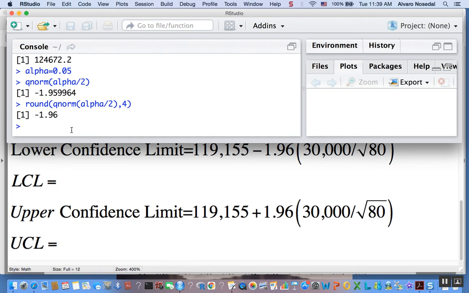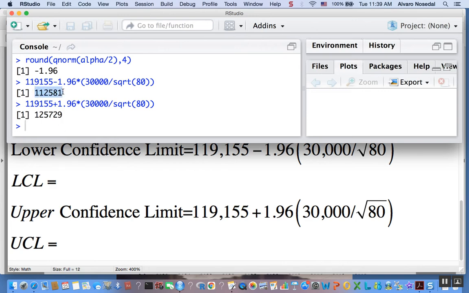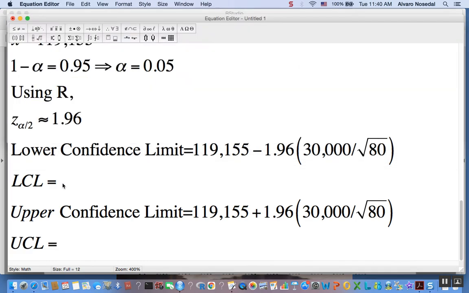Okay, so let's see. So we have 1.96 here. Let's change that to a plus. That's it. Lower confidence limit, upper confidence limit,